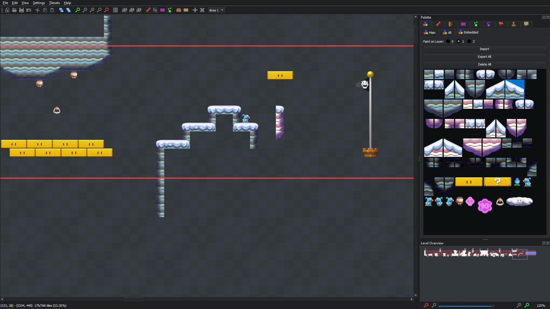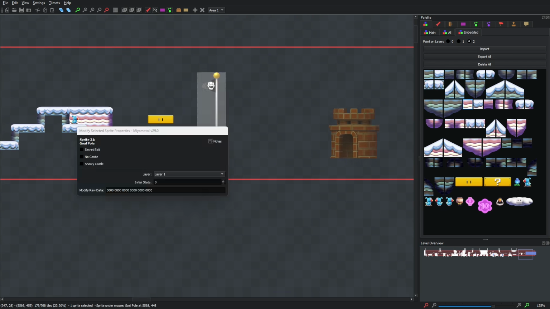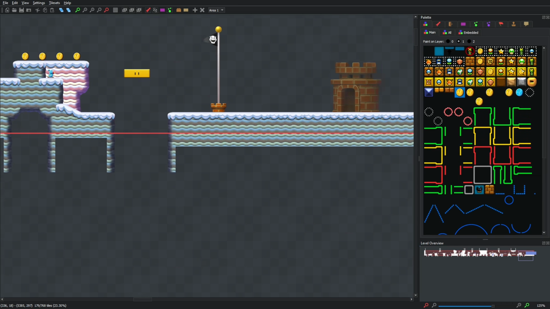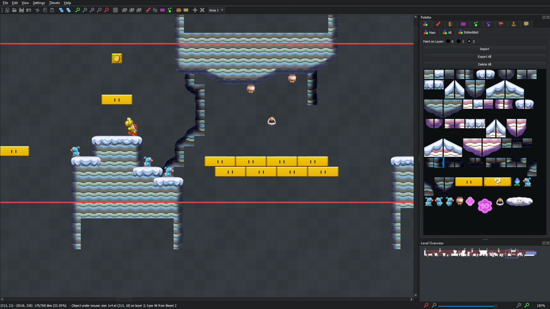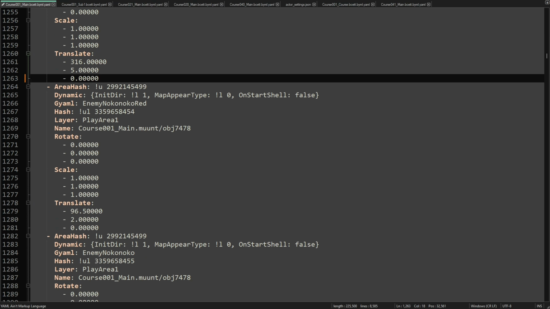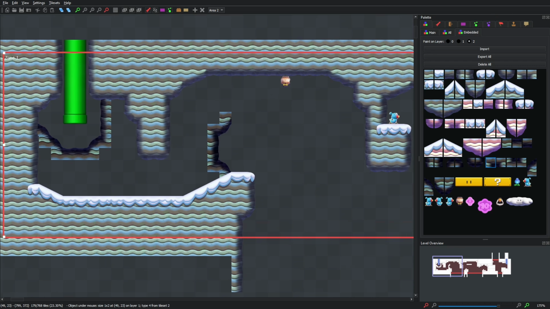The gold ball challenge also ended up being pretty simple, just another blue bird and flip block thing, but by the time I got to this point, I was pretty sick of working on this level, so I just wanted it to be over. Speaking of which, it took a long time for me to put all of that stuff back into Wonder properly, but once I did, the level was done.